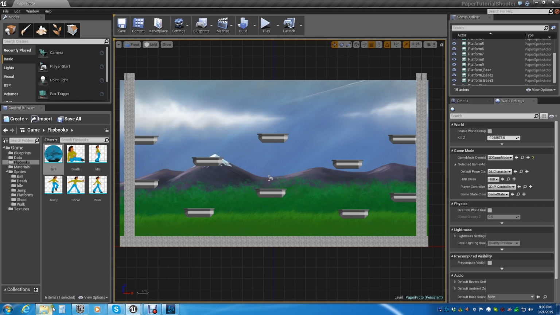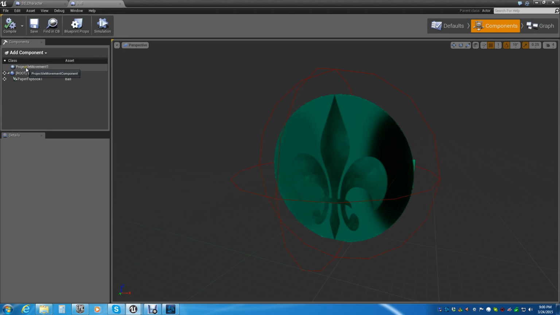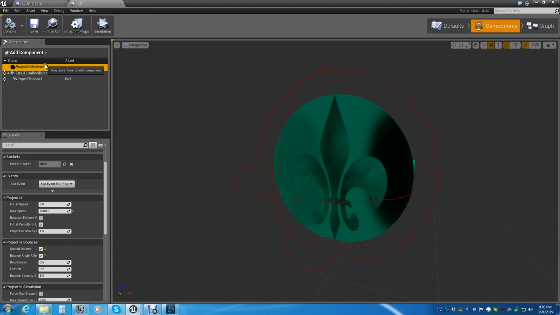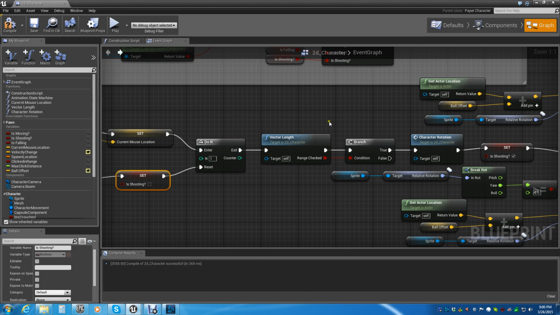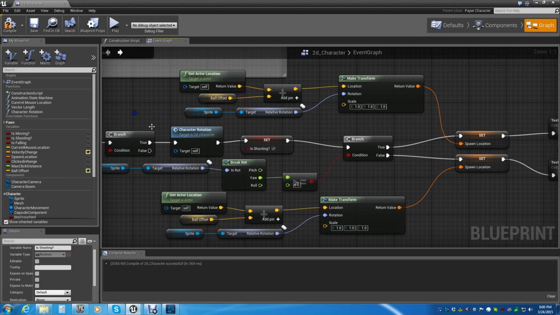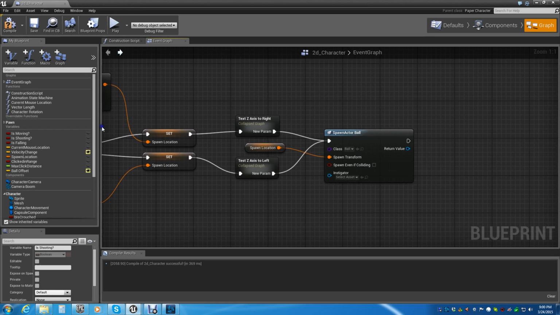Alright, well I figured out what it was. It was something fairly simple that I should have noticed. Under the projectile movement class, there's an option under projectile bounces. Make sure you select should bounce and bounce angle affects velocity. That will help determine that. The other thing now, we're done with the ball class, so we can go ahead and close that out. The other thing we need to determine is why we are not playing